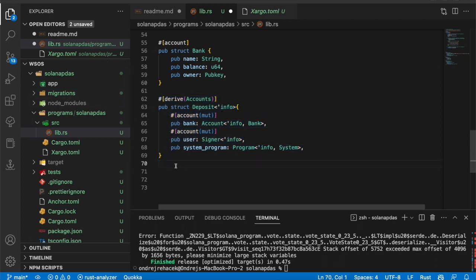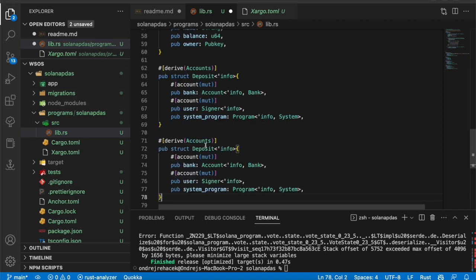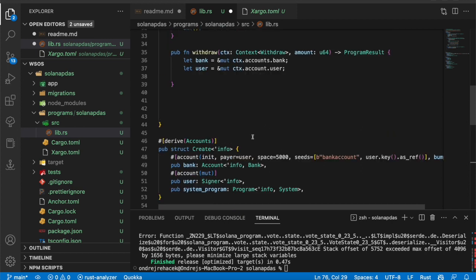We can go ahead and specify our withdraw context here. It will be pretty much the same thing as with deposits. Let's just call it withdraw. The context remains the same for our withdraw function, just like the deposit. We can essentially keep the bank and user account, because this is what we'll be using in our function. So we're accessing bank, we're accessing the user, and now it's time